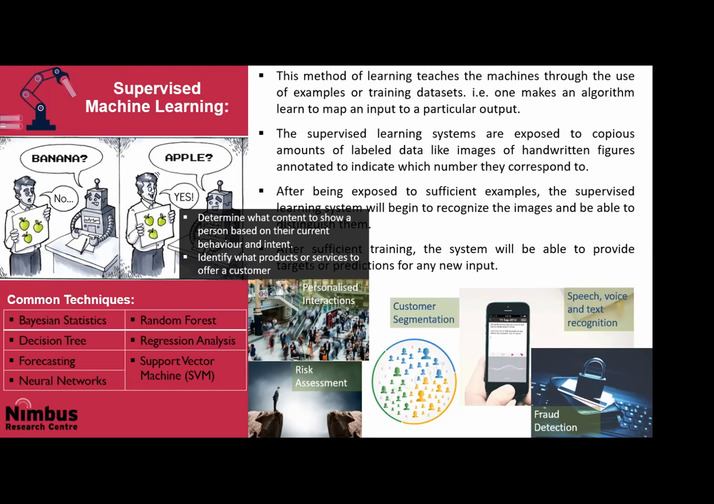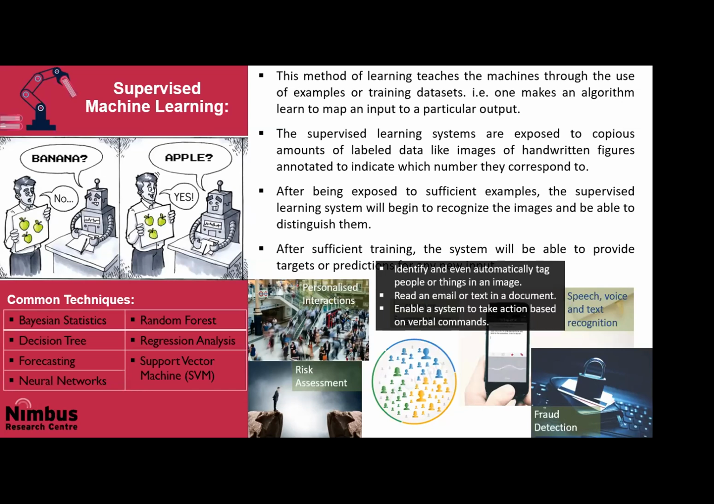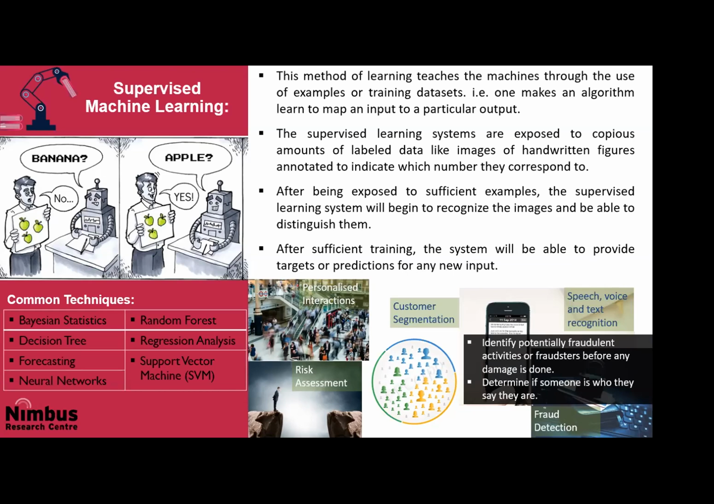Other potential areas include, as I said, customer segmentation, based on their preferences, history, behavior, or intent, to identify the most valuable or most at-risk cohorts. Other applications include NLP, as I mentioned earlier, or speech, voice, and text recognition: identify and even automatically tag people or things within an image, read an email or text within a document, or enable a system to take corresponding actions based on verbal commands. Other fields include fraud detection. By examining anomalies within the data set, one can identify potentially fraudulent activities before they do any damage at all. So rather than reacting and seeing an